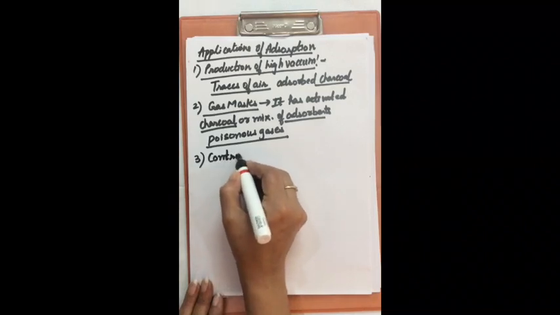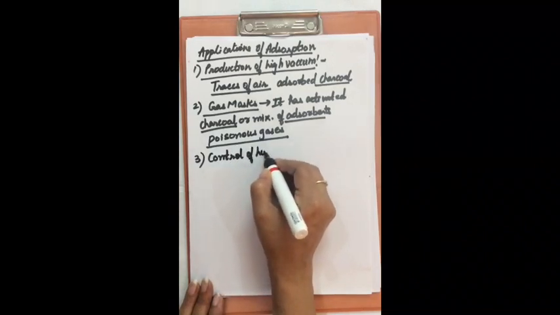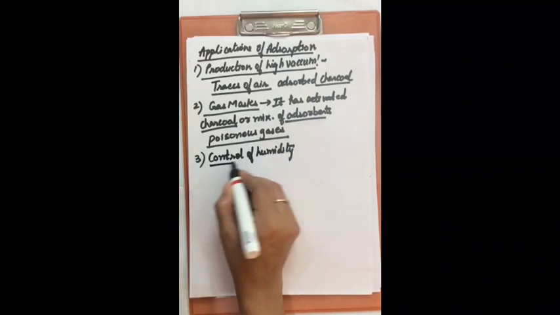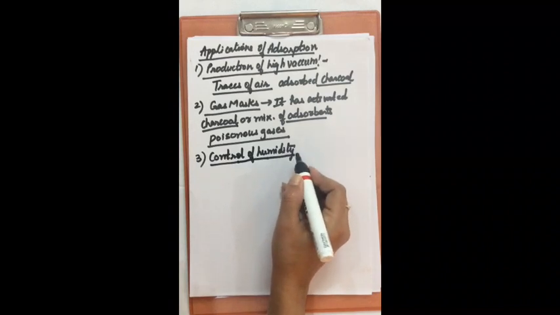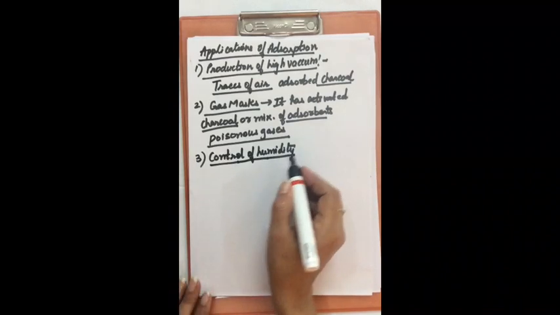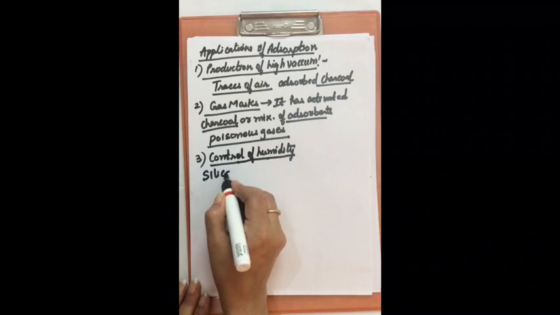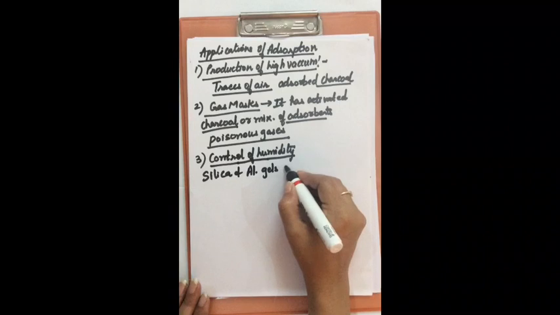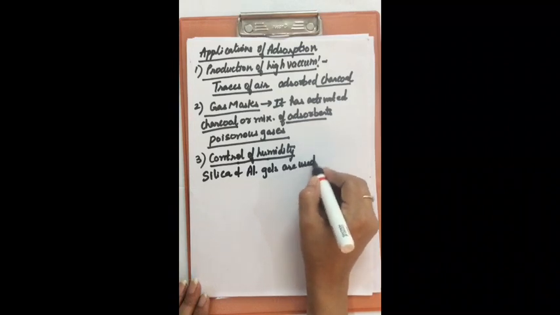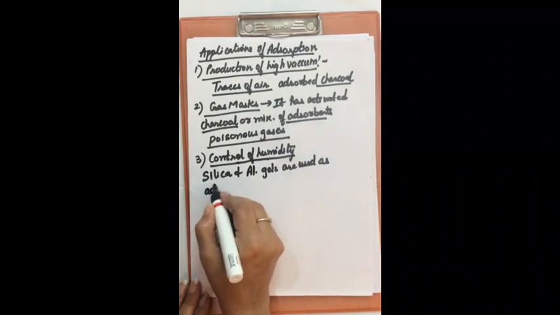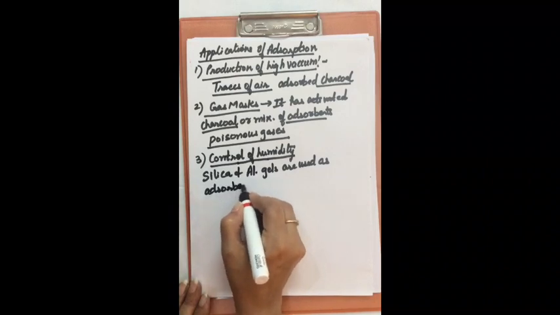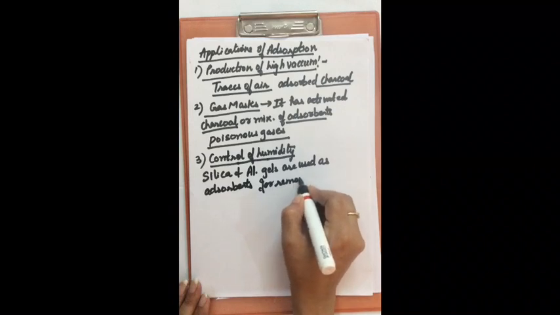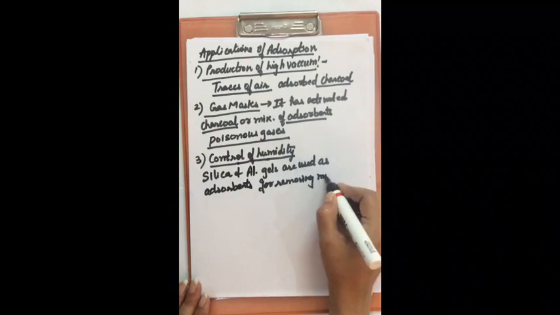Next application, control of humidity. How can humidity be controlled? For this, silica and aluminium gels are used as adsorbents. They are used as adsorbents for removing moisture